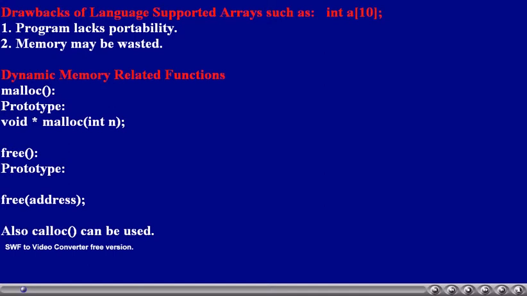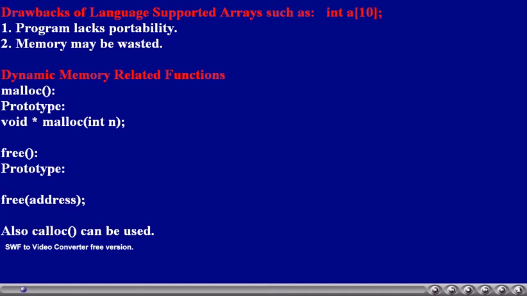Malloc is a function which is commonly used for allocating memory. The function prototype is as shown in the slide. It requires an integer as an argument. It allocates that many bytes of consecutive memory and returns the starting address of that memory. The address will not be having any type.